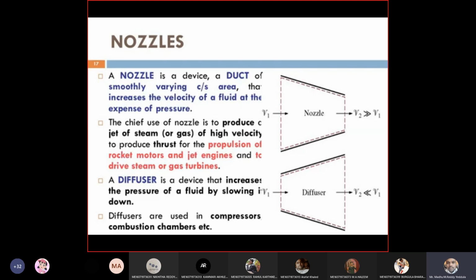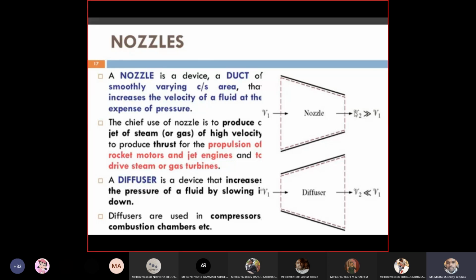Now we can see, during the passage of the steam through the nozzle, as we know, the nozzle is used to accelerate the velocity. The velocity of the steam is going to increase. Just now I told that when the steam is passing through the nozzle from inlet to outlet, the enthalpy drop takes place, so thereby the kinetic energy increases. These nozzles we can use in power generation, and even in rocket motors and jet engines.